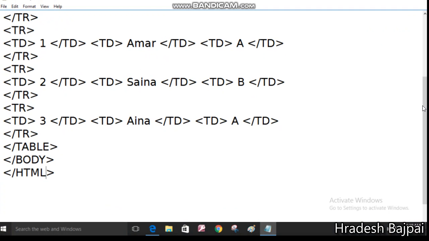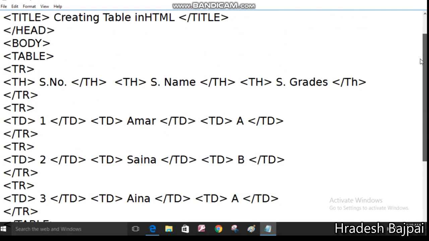Within this body tag, you can specify the margins. With this body tag you can specify margins, like top margin. Top margin equals to, in double quotation marks you can specify the value.